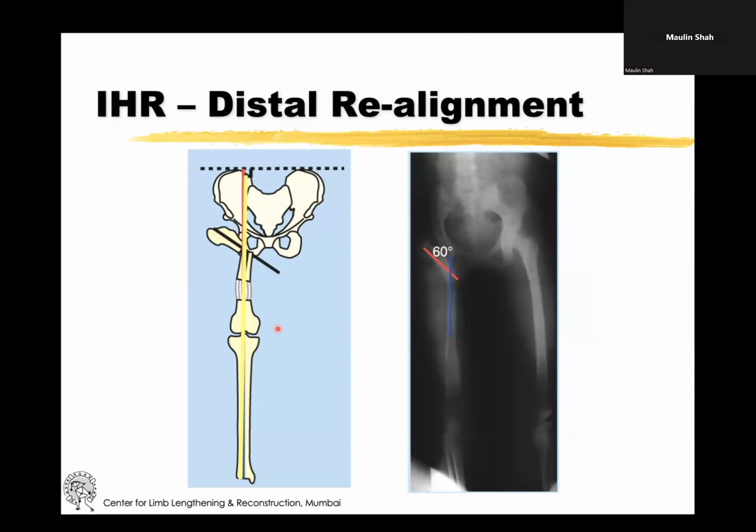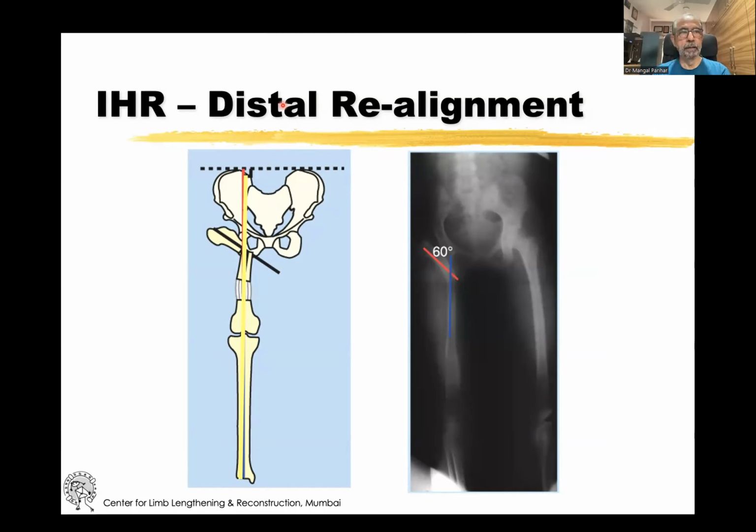Sir, can I interrupt and ask you a question? Yeah. Now, in younger children, the amount of valgus we give, a fair amount of that gets remodeled. So do we factor it in when doing the distal varus osteotomy, or how to do that? No, because... You understand? Yes, I understand. But if your proximal severe valgus is going to remodel, which it does in children, then the varus which you do distally is much less than that valgus.